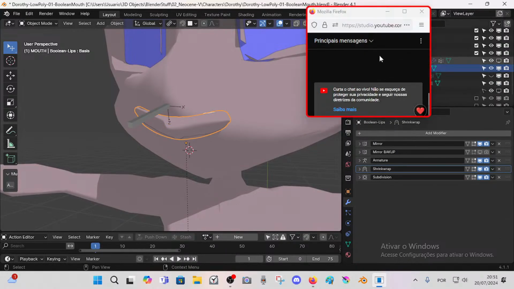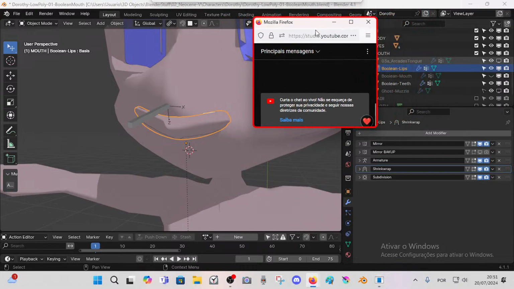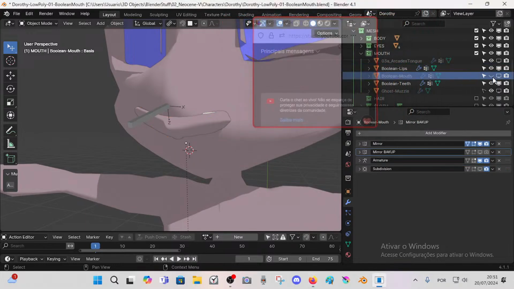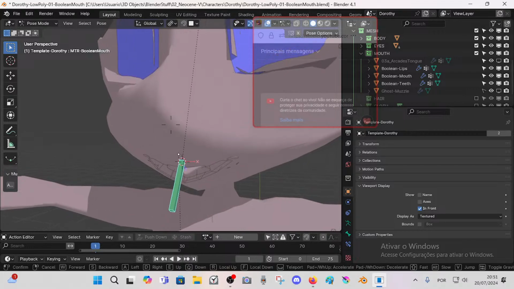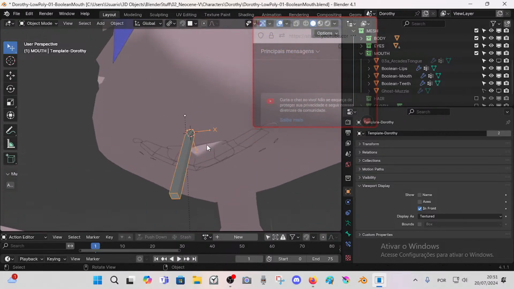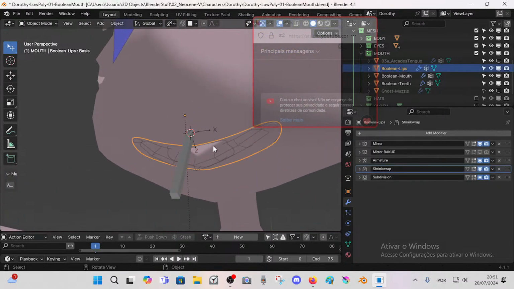I need to enable this. Let's get the, now this stuff to be influenced by